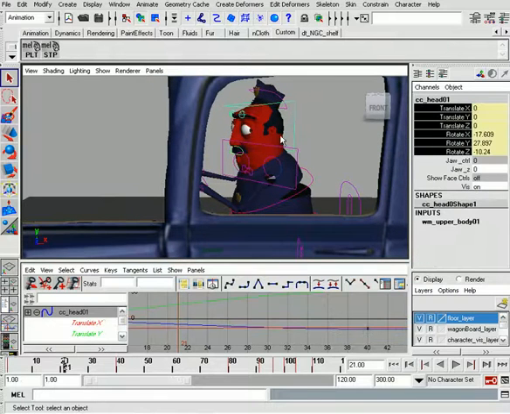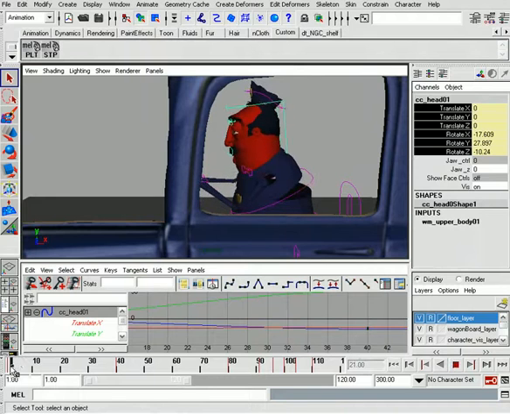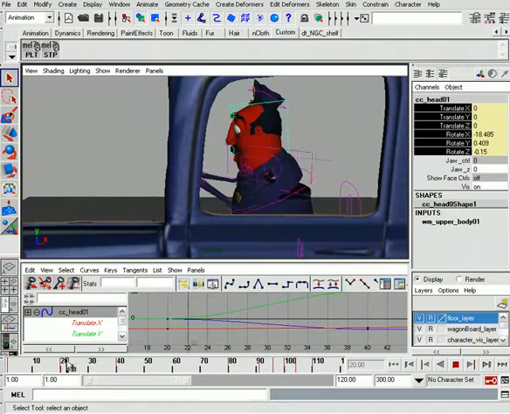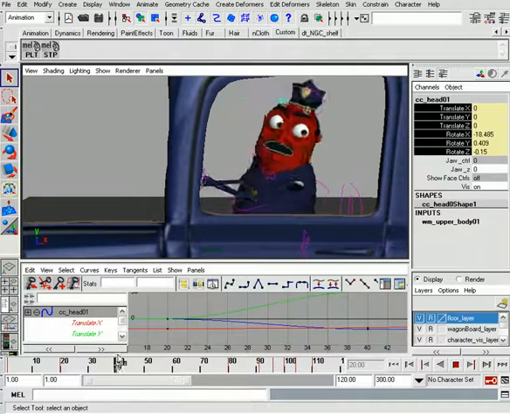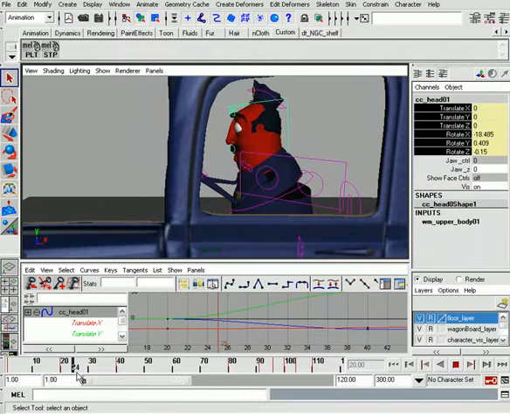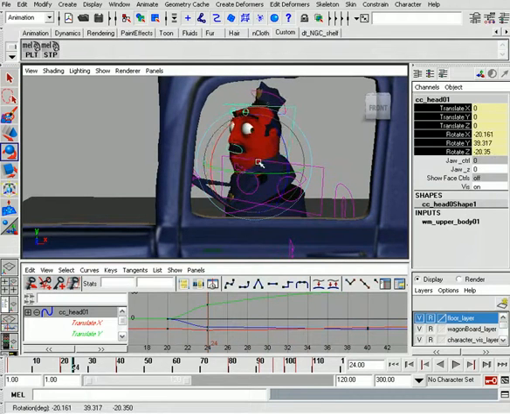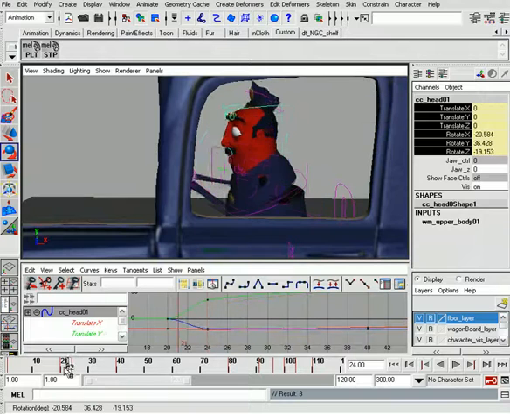So knowing that, let's go ahead and select this head control, and we'll go to about frame 3 so we can basically add a little bit of movement here prior to him turning his head. You can go to frame 3 and middle click on frame 20 and press Shift E to lock in the rotation there. So now he starts to turn his head a little bit later. And then let's go to about frame 24 or so and have him take a quick glance over. Okay. So he takes his glance